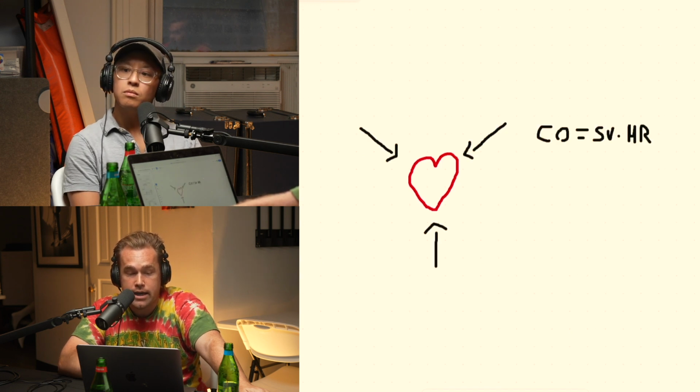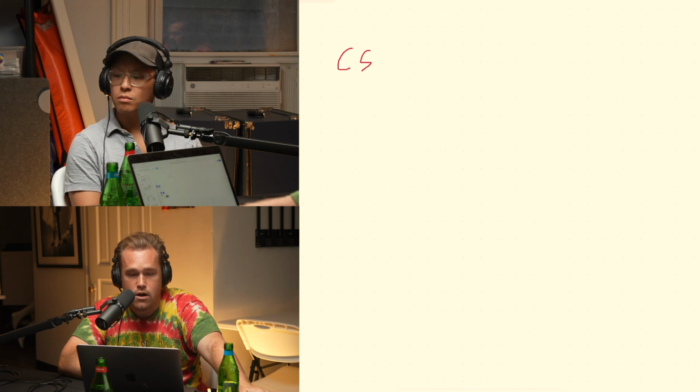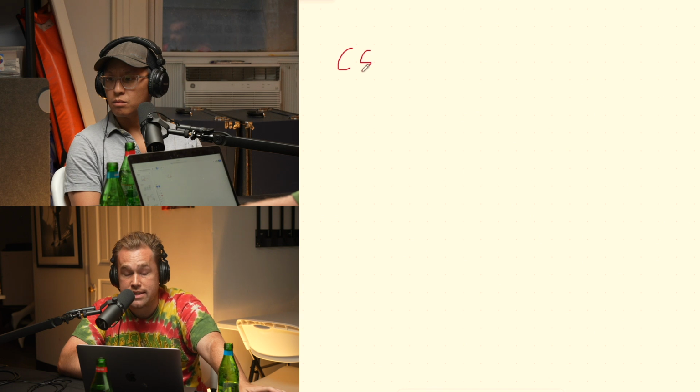So for me, it's easier to understand shock, or the signs and symptoms of shock, by really breaking it down into the different types. So if we have compensated shock, I'm just going to put CS for compensated here. Let me get a little bit thicker with the pen here. Okay, so I like to break it down into the causes of shock or the stages of shock when I'm thinking about signs and symptoms.